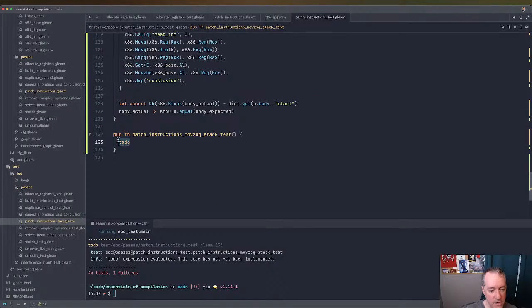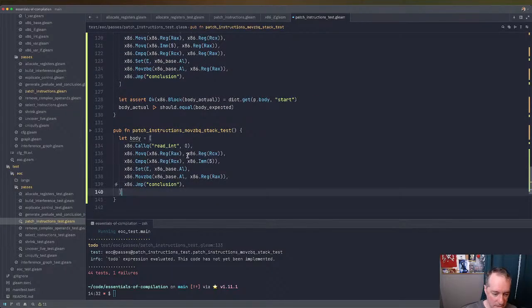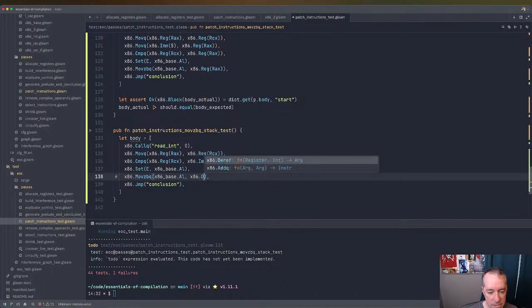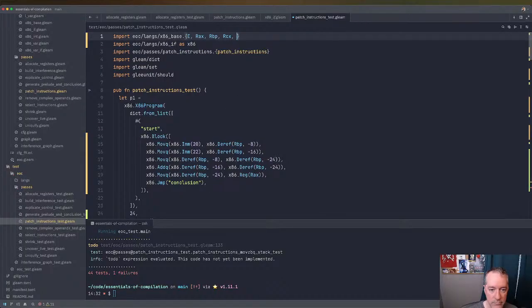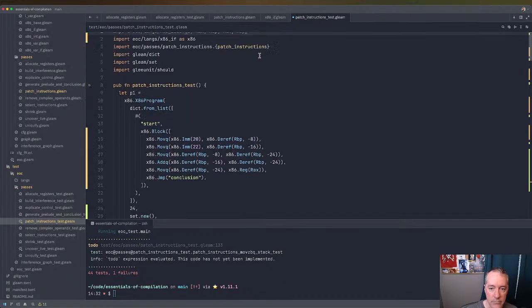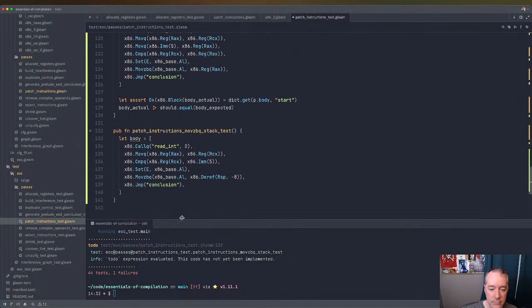We'll make use of this again, except that we want this into a deref of RSP -8. And then we're going to do like